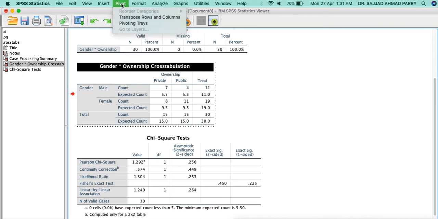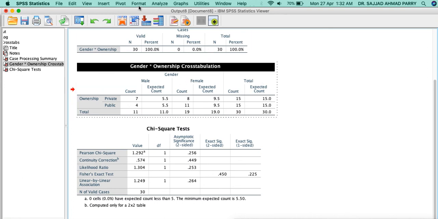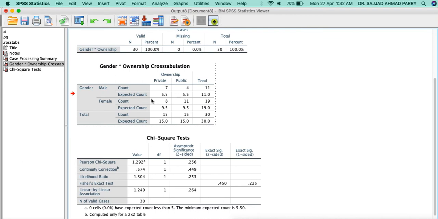Here in pivot we have transpose rows and columns. If you see it, there's a change. Now this ownership has come here and gender has come here at the top, this has come to the side. If we again double click on this table, we again get this pivot, transpose rows and columns, so we are getting it back.